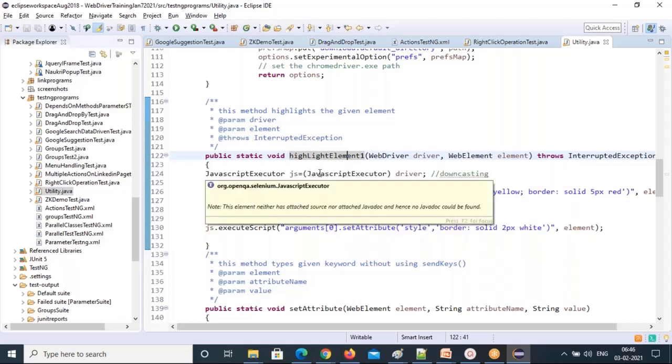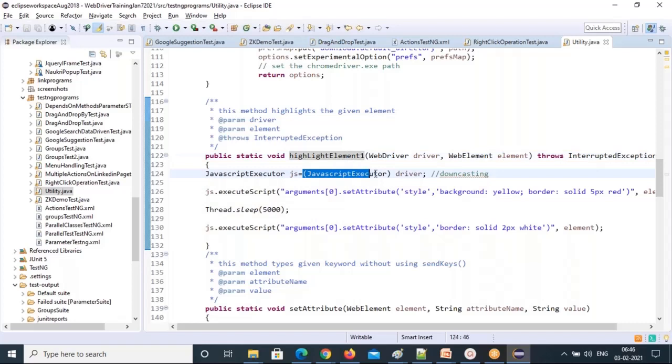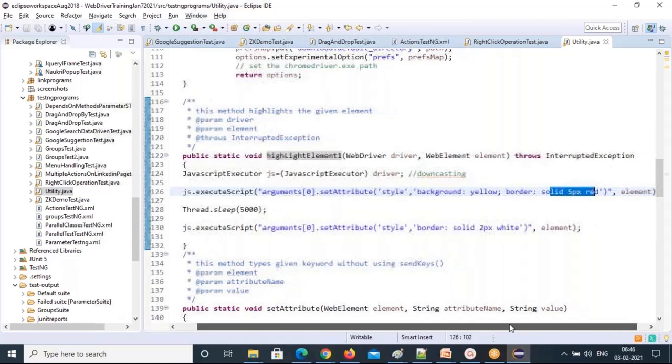JavascriptExecutor js equal to JavascriptExecutor of driver. Then js.executeScript, arguments[0].setAttribute, style, background yellow, border solid 5 pixel red on this element.